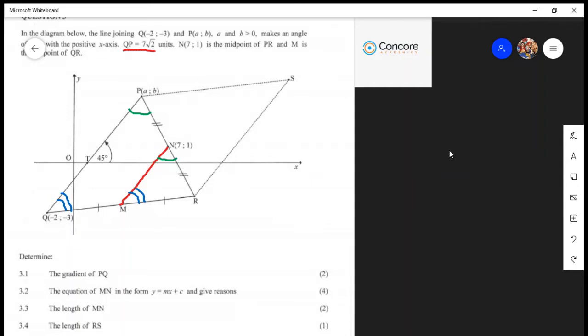So there isn't really much calculation or thinking involved, right? All you can do is say that the length of PQ is actually equal to the same length of RS, and we know that the length of PQ is 7 root 2, right? So for question 3.4, you've got here,